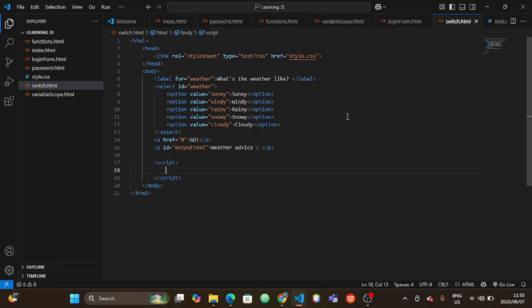Next, I've created a hyperlink which links to hash, means it goes nowhere, and I've put in the word go. You can put in whatever text you want to put inside there. And finally, the output text paragraph that will give the user the actual advice. Now we're going to code our actual JavaScript. We're going to start by creating a new function. We'll call this guy